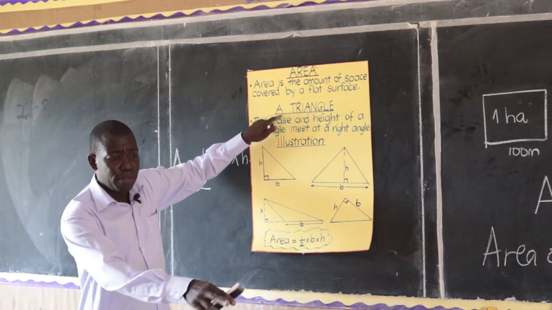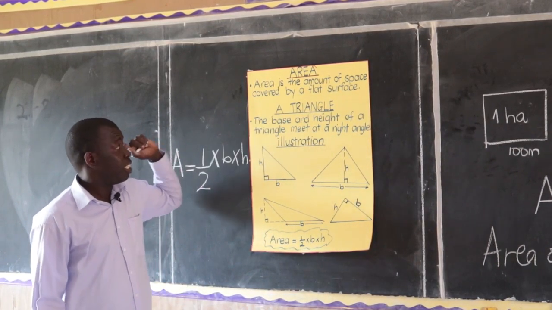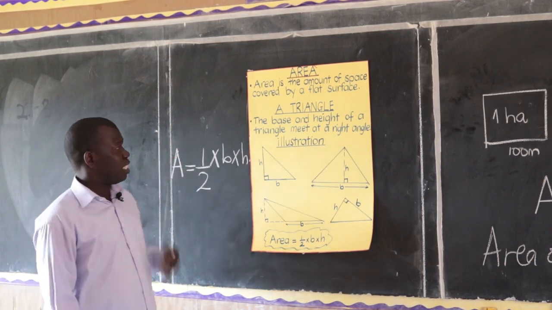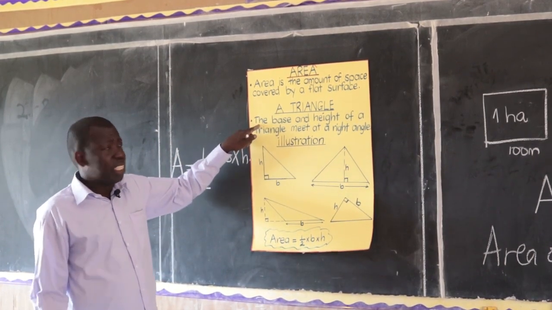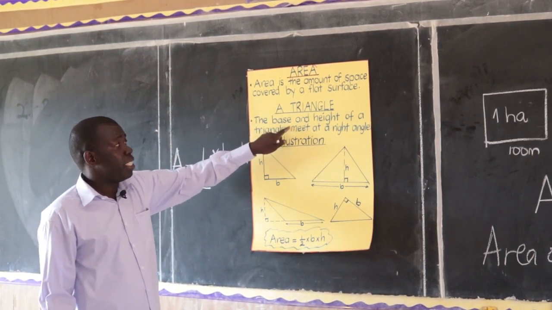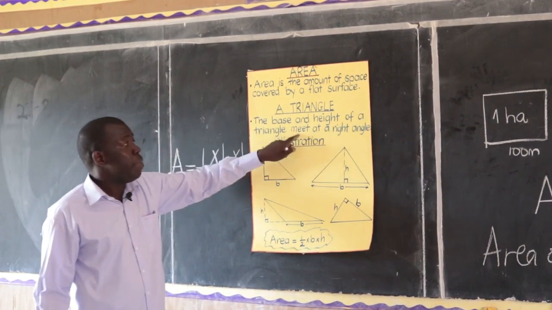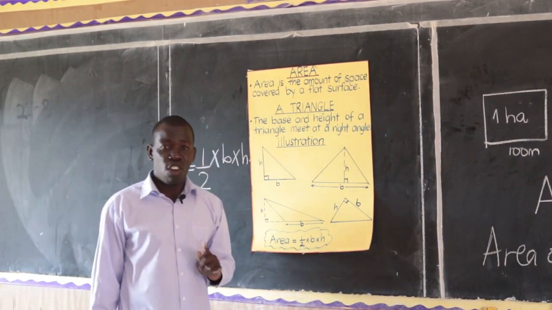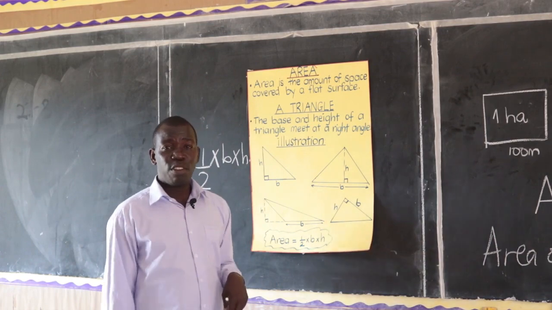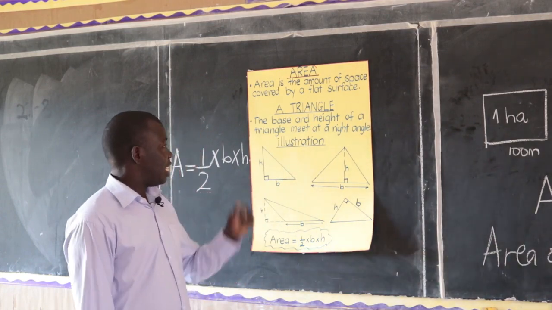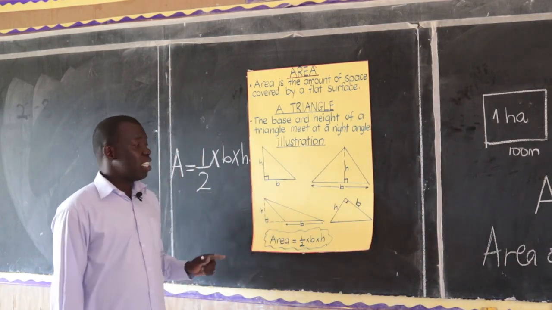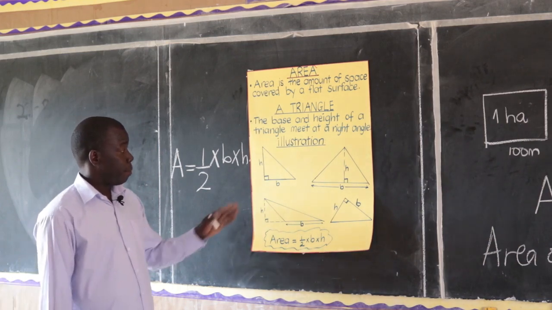A triangle, like I've already introduced it, when you talk about its area, always the base and the height meet at a right angle. The base and the height of a triangle meet at a right angle. Look at this illustration here. I have this